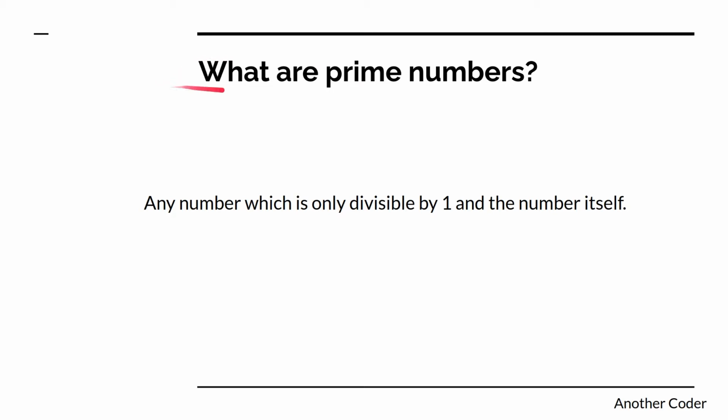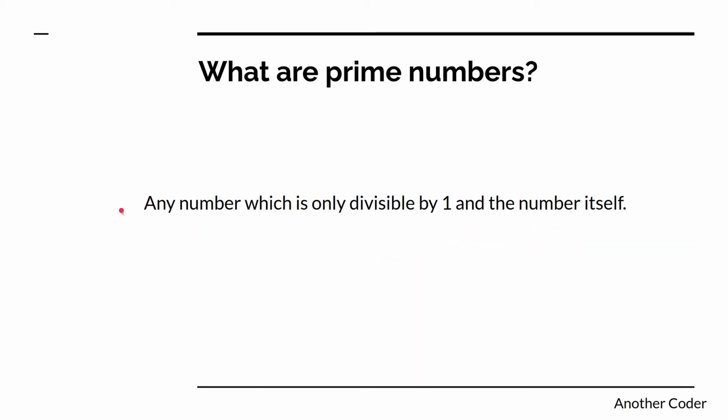First, let us talk about what are prime numbers. Any number which is only divisible by 1 and the number itself is called prime. Any other number would be called a non-prime or composite number. So the number should only be divisible by 1 and the number itself, then only it can be called prime. The statement is very simple, and if you try to form a very naive or basic approach for finding prime numbers, we can form it from the statement itself.